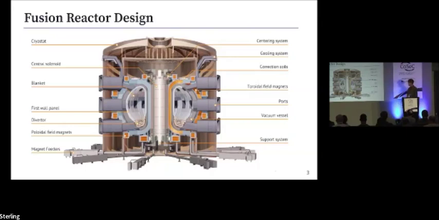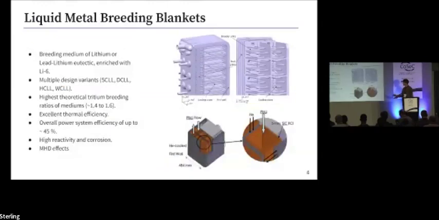So we do that by surrounding our reactor chamber with lithium and using a high neutron flux from our plasma to split lithium into tritium. So essentially, our reactors are made to make their own fuel. And so that means that we have a blanket which is just sort of behind the first wall of our fusion reactor. So you can either have a solid or a liquid metal breeding blanket,